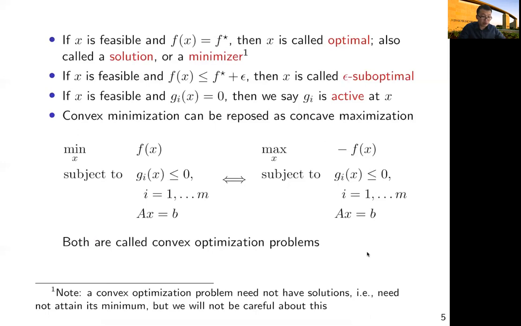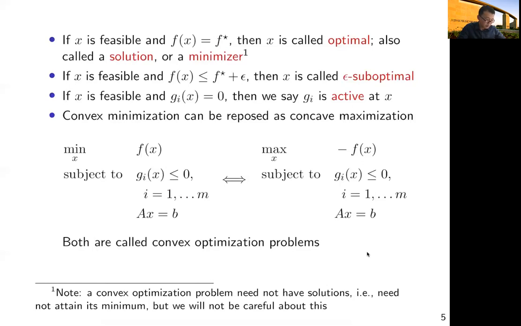Then we want to characterize for each solution how optimal it is. So we use this condition called epsilon suboptimal solution, saying that this x is feasible, and at the same time this f is at most epsilon away from being optimal,